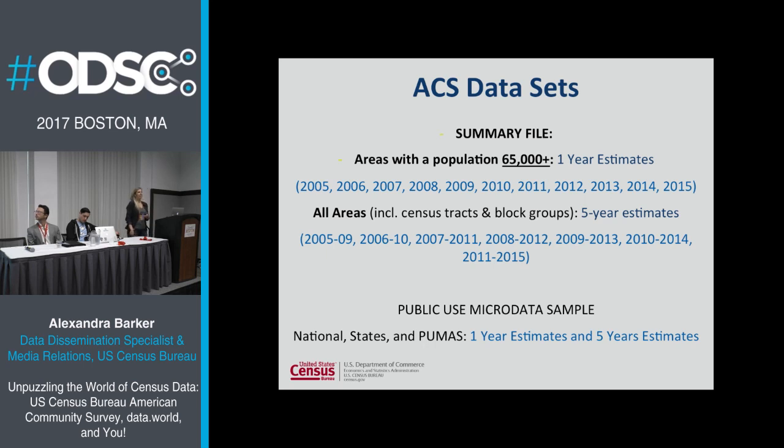Summary files are the ACS that are published every year, 1-year and 5-year estimates. The 1-year is published every September for areas with more than 65,000 people, or a universe of more than 65,000 people. So Boston has over 600,000 people. But if the universe of your tabulation is, say, single-month unemployed in Boston and they are less than 65,000, that's not your data set. And these are types of calls I get from data scientists and developers.